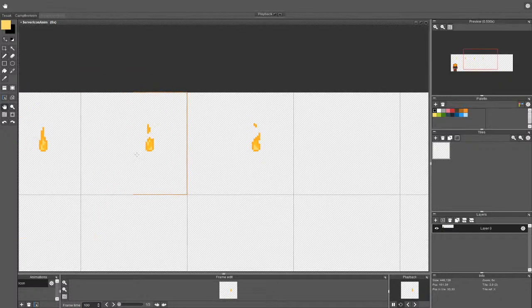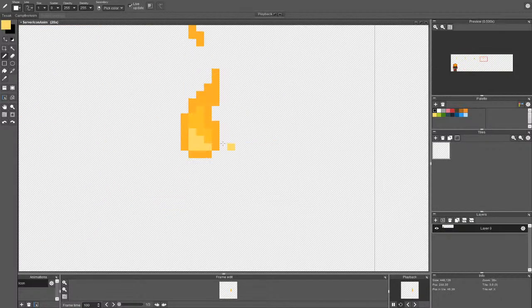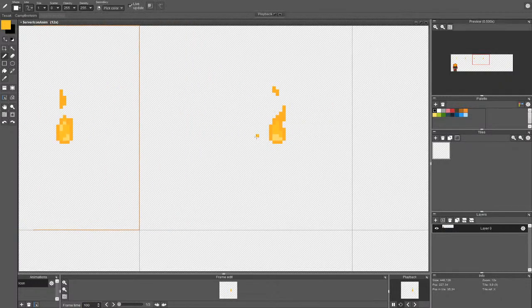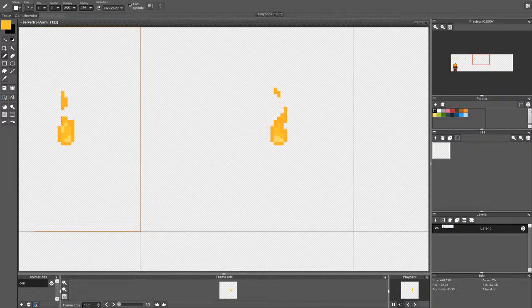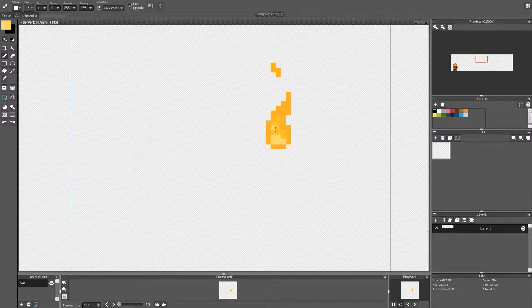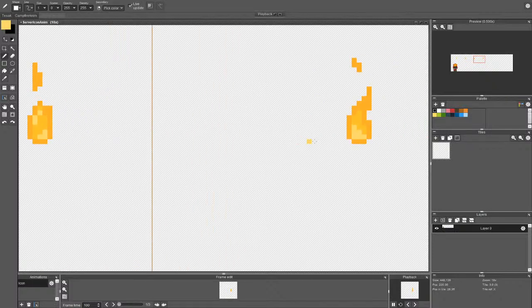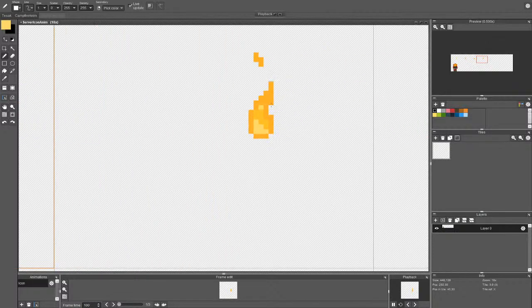I then made bonfire as well, but I'm not that happy with the bonfire, so I hope that I can do a better job now than I did last time when I was drawing flames, hopefully. Now this should definitely go higher, but I think 2 pixel skip is not the best thing to do.